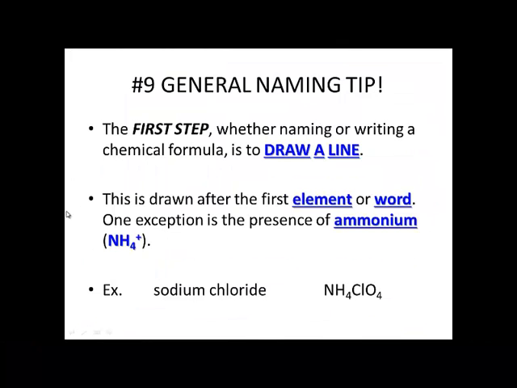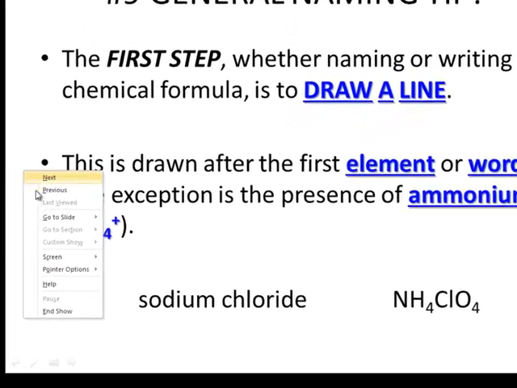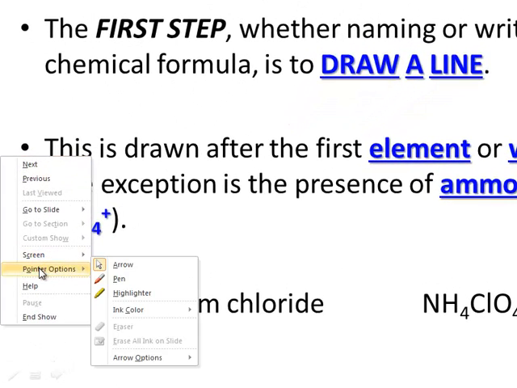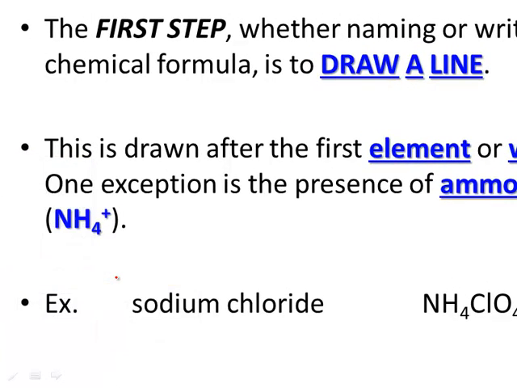Welcome back. We're going to continue with our ions, and now we're going to begin naming and writing those ionic compounds. This is going to be a step for all of our naming and writing throughout the semester, to kind of help us out as we're going forward. That first step is just a general tip, and what we're going to do is look at drawing a line